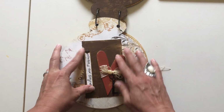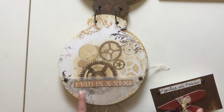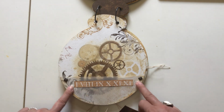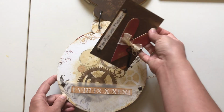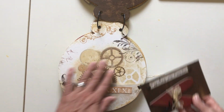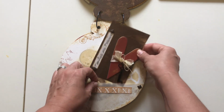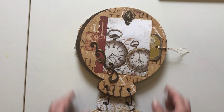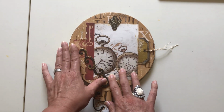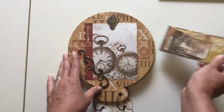So what they had you originally doing was gluing this down and decorating around it. Instead, I made a vellum pocket that was not included in the kit. Neither were these brads. You can see I added some gold accents again around, and then you have this little pocket. So now you have extra space. If you do want to put pictures here, you have journal space, you have a pocket that you can add things to. And then these flip over, and then this part, you all saw how I did this on my last video. I made this into a pocket,